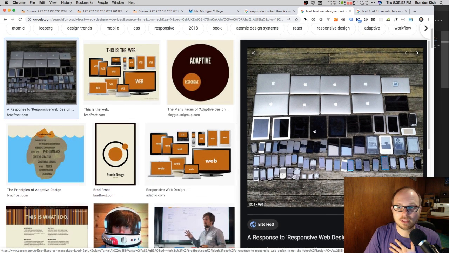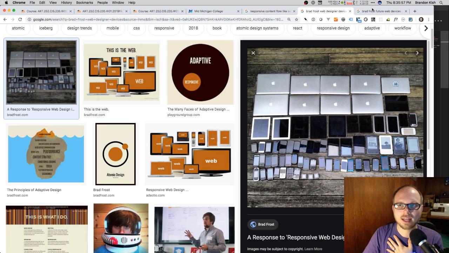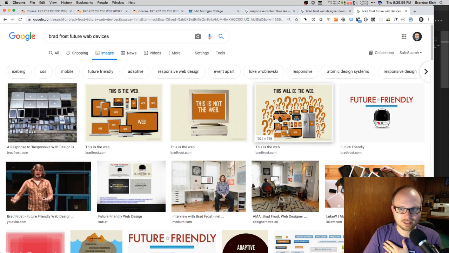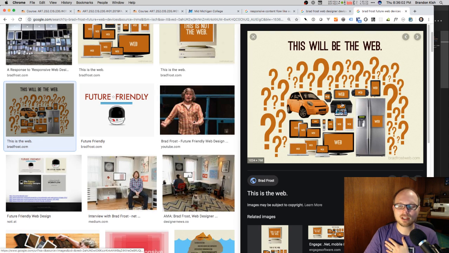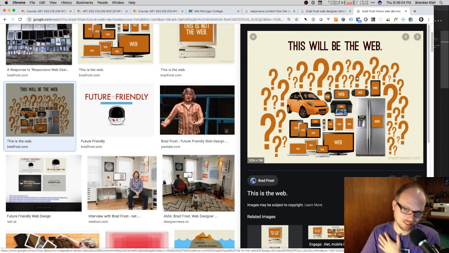Because frankly, even if this were the total number of devices that you had to test with today, the next image that they show is that the web is constantly changing. Even this screenshot, this is what I love, is totally out of date because these devices, like the PlayStation, what was it called? The mobile PlayStation, PSP. That's not even made anymore, right? We've got the Switch, and I think this is supposed to be a watch, but now the watch on my wrist can show web content if someone sends me a link, and I can open up a small preview of a web page right on my wrist.